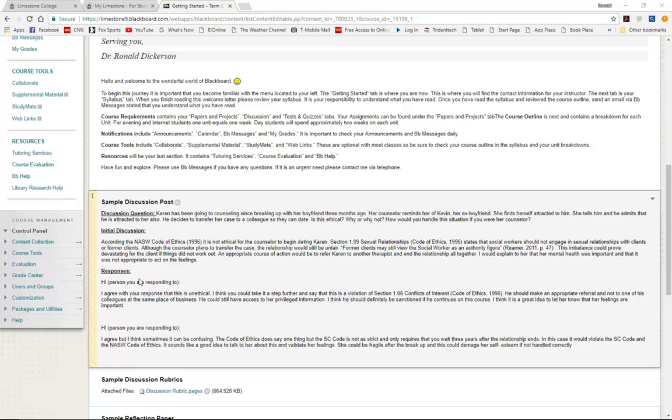In other words, it's a response and you're saying hi, whoever the person is that you're responding to, you identify them by name. And you can see that it says I agree with your response, that this is unethical. And then it talks about that it could also be taken as a violation of section 1.6, which is conflict of interest under the Code of Ethics for 1996.